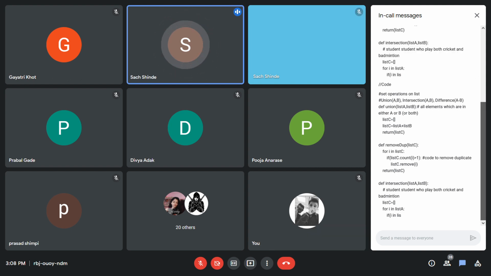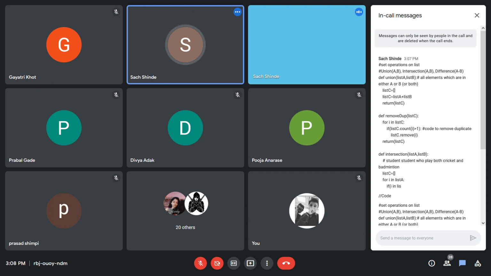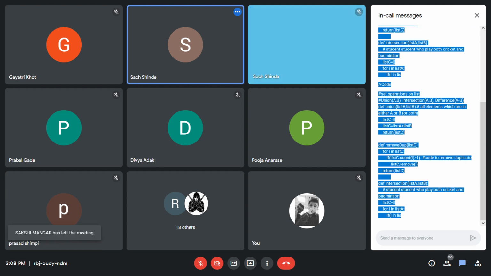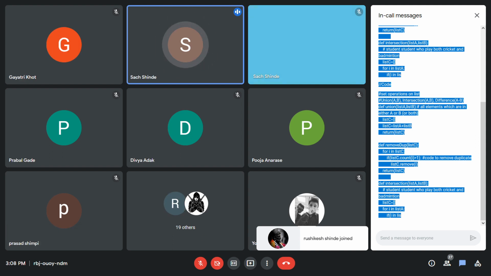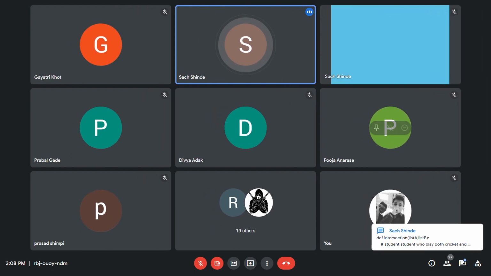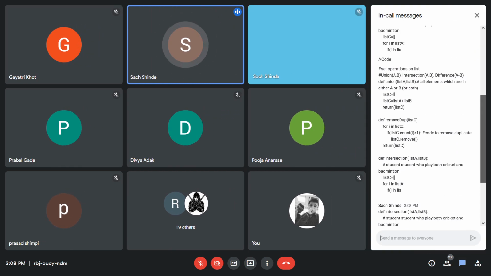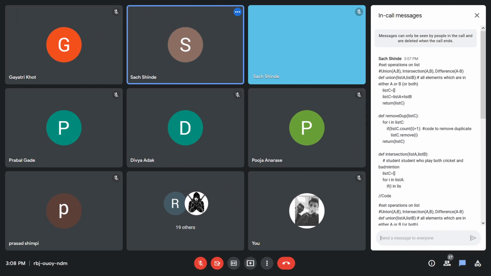So I put the code that was related to the intersection function and the difference one. If anything is missing, you can get it from over here. Here is the code for the intersection function and difference function. Everyone getting the library? Yes, sir.